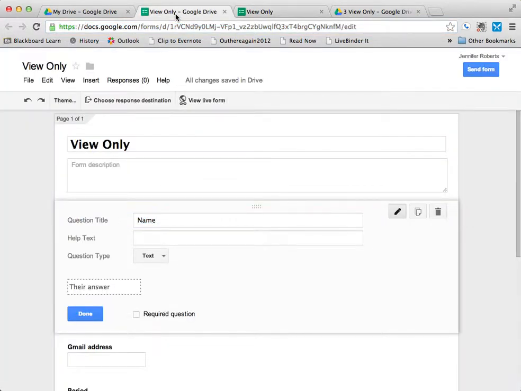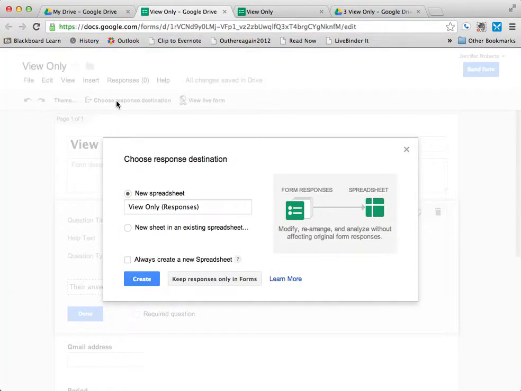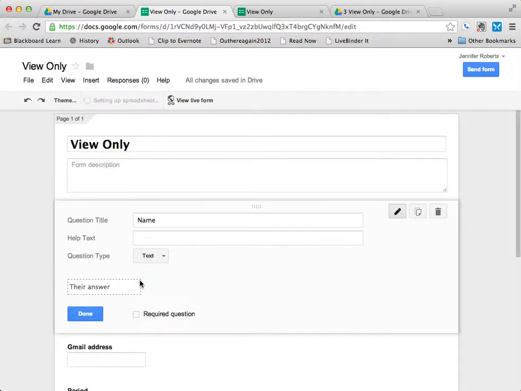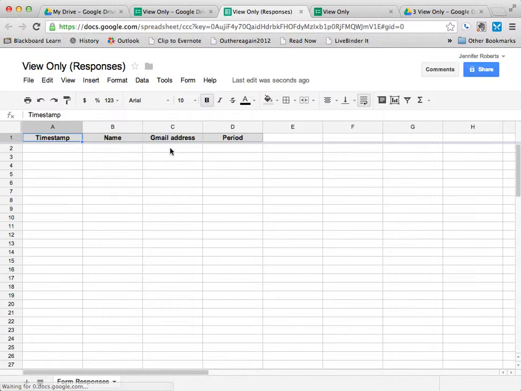So going back to my form for a minute, I'm going to need to choose a response destination. I'm going to select New Spreadsheet because it's the default. Create that. It takes a second to set that up. Once it's set up, I can view the responses in that spreadsheet. And this column here, assuming my students had all filled out the form, would be filled with their Gmail addresses. So I would come over here and copy this column,